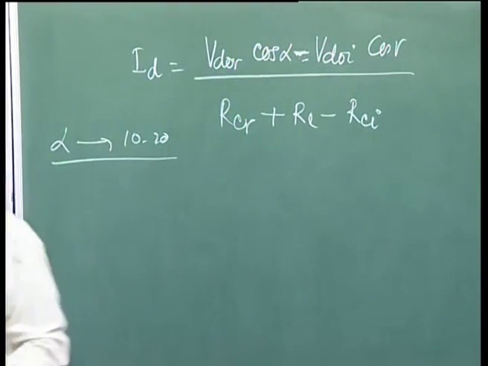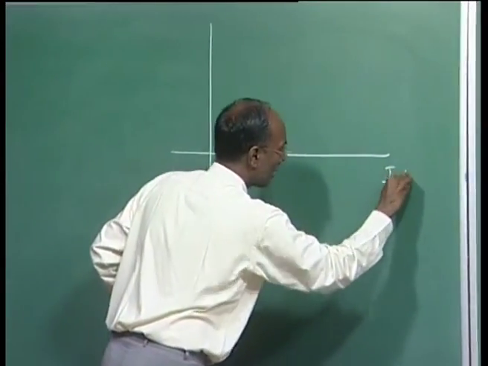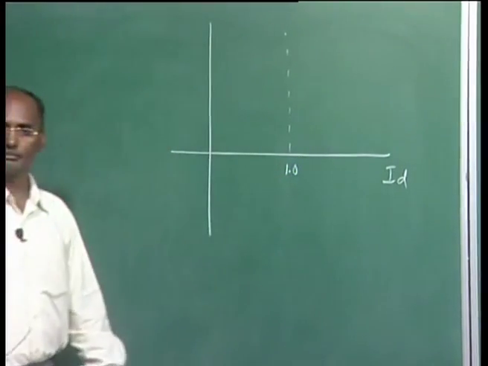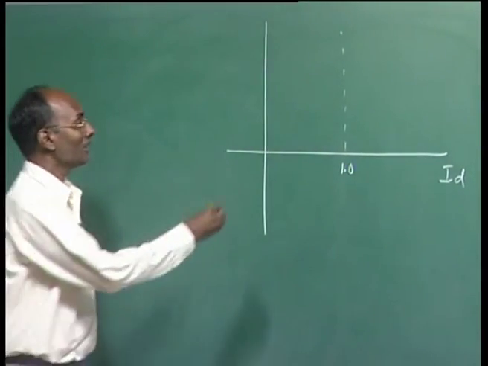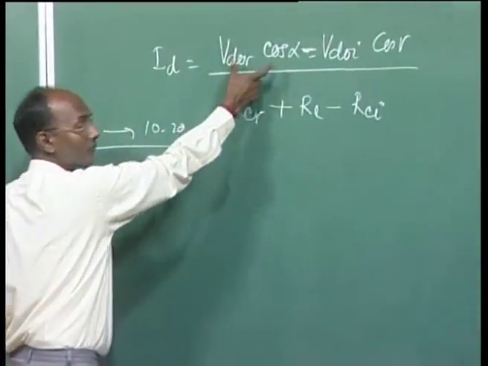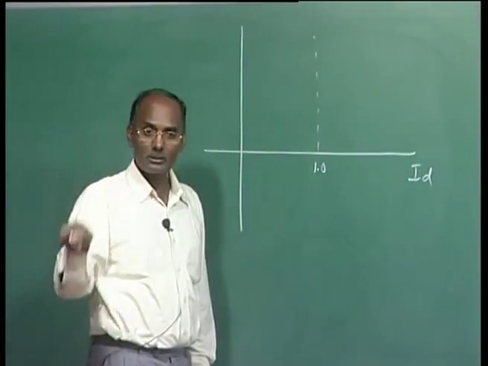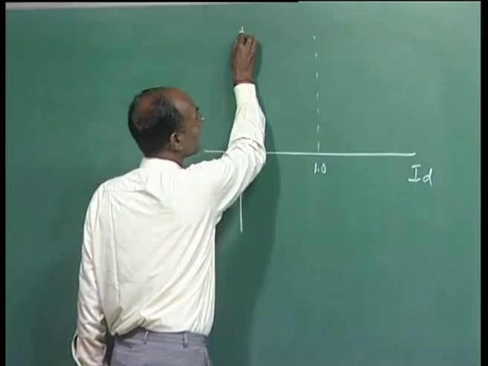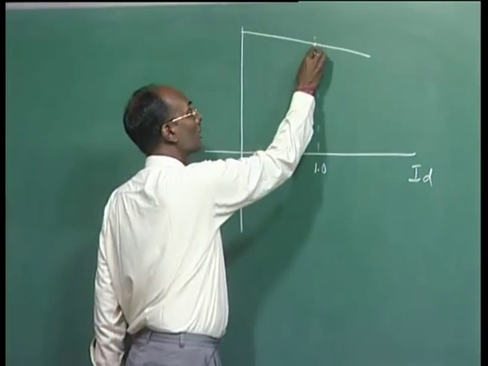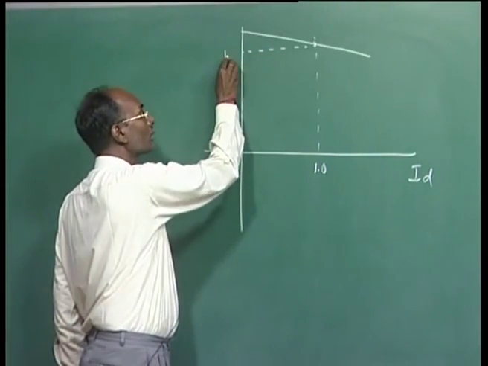So overall, what we are doing, if you are drawing here for a given ID, here our ID is 1 per unit, let's suppose I want to operate, then we found that we are having this characteristic here, the constant alpha curve. If you remember, we drew this chart, this characteristic is here, let's suppose. So this is basically your operating voltage where you are operating. This voltage is normally 1 per unit.